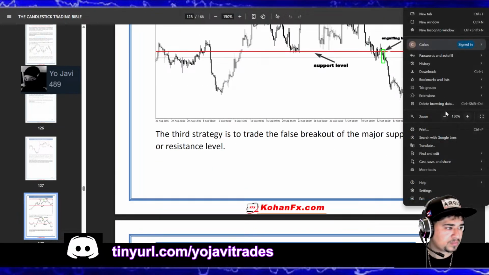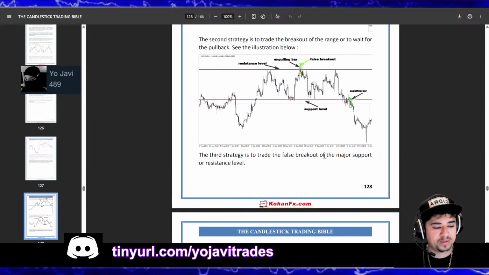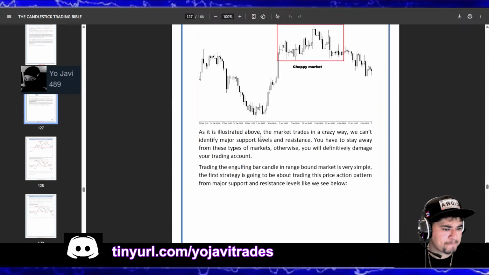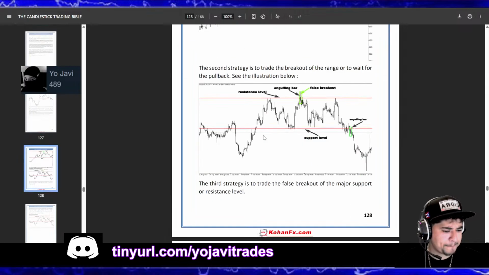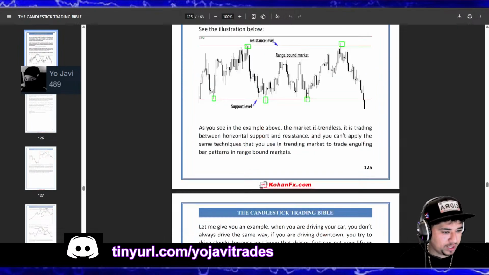So let's make this smaller. So the third strategy is to trade the false breakout. Okay, the third strategy is to trade the false breakout of the major support or resistance level. So yeah, that's just talking about this false breakout like that. Now I'm trying to see why I said third. I guess I'm not keeping track, but